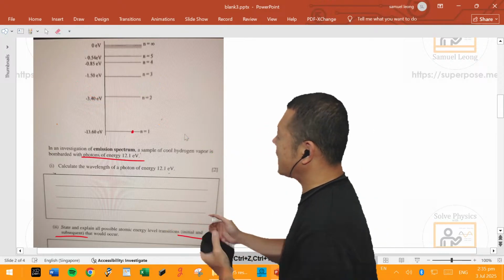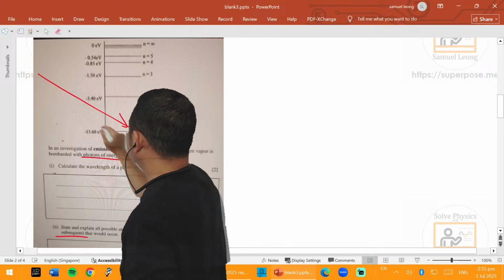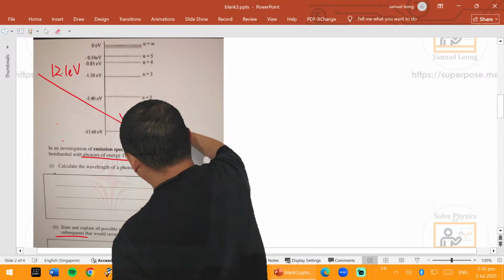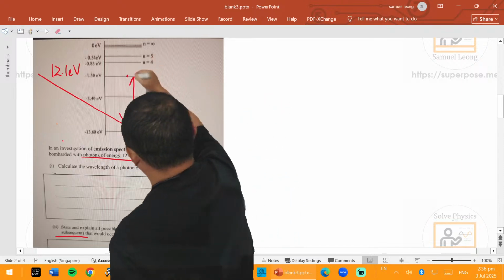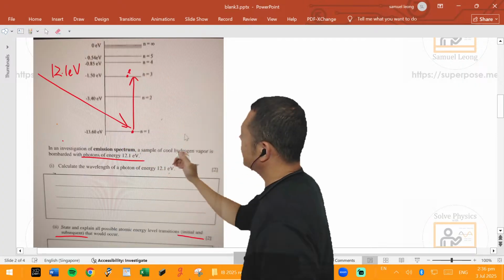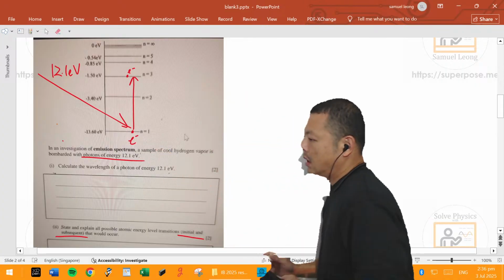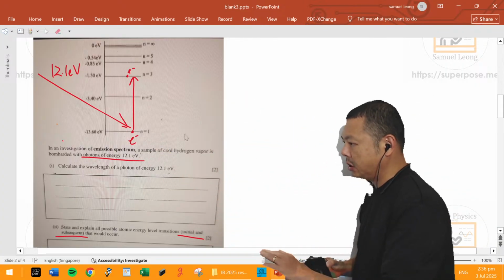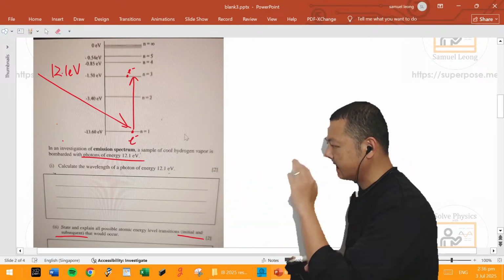Okay, so the answer for this question is that 12.1 eV can be absorbed because it does help the electron to go from ground state to level 3, so your electron will be up here. Do you understand this so far? I wouldn't bother going into such depth if I'm a hack job, right? There's a reason why I need to go through all this in depth.